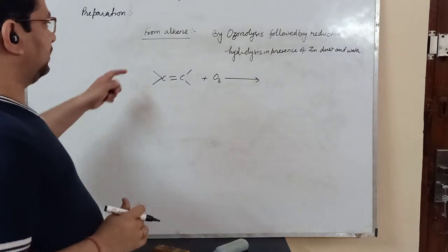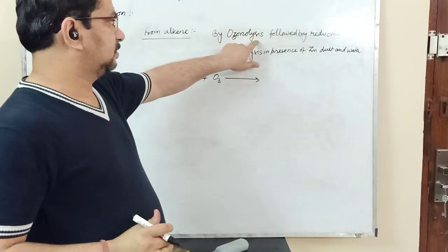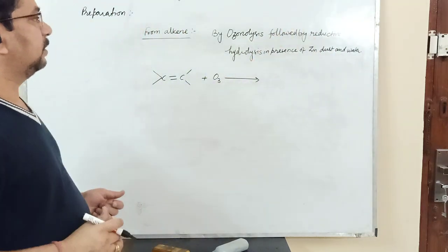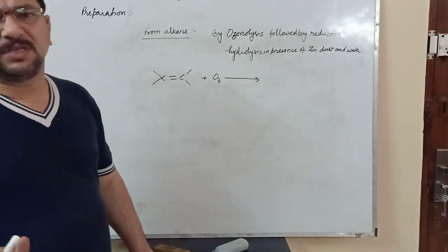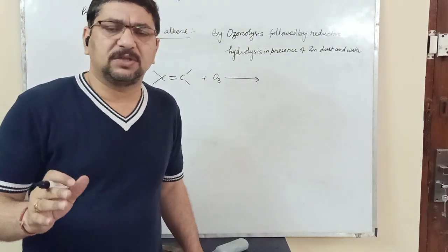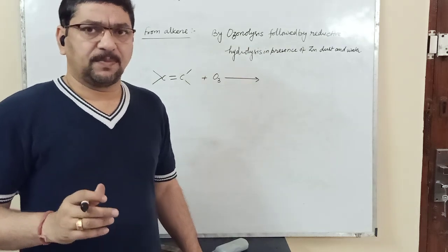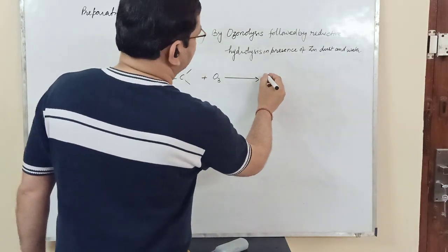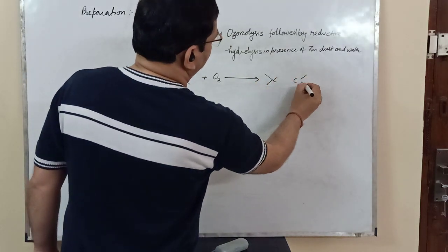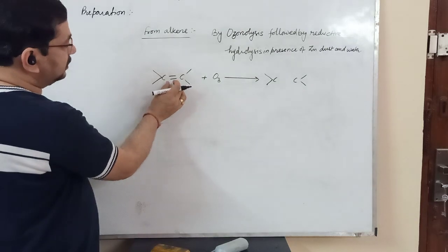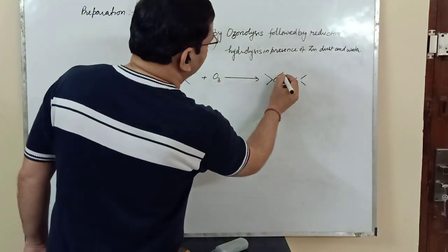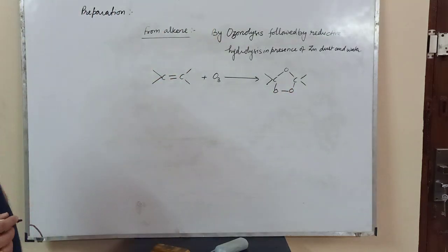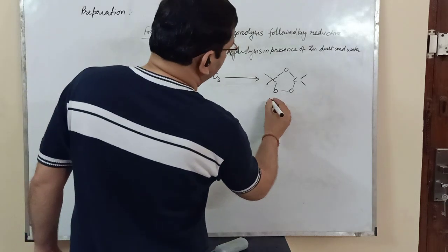Next, from alkene. Alkene on ozonolysis followed by reductive hydrolysis, with zinc dust and water, gives aldehyde or ketone. Here the product, aldehyde or ketone, depends on the nature of alkene. For example, this is a simple general alkene. When we go for ozonization, first ozonide is obtained. The double bond breaks and the double bond carbon atoms are joined with the ozone molecule in this way. A heart-shaped structure is formed and that is called ozonide.